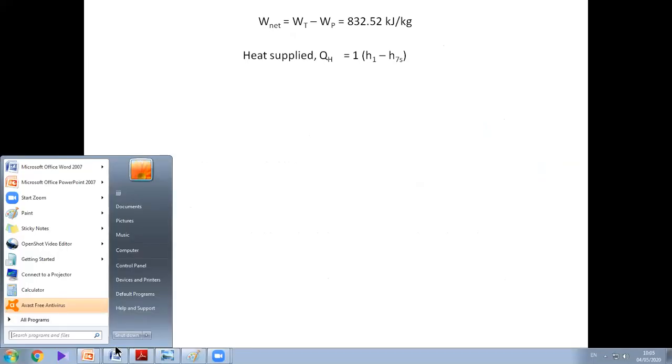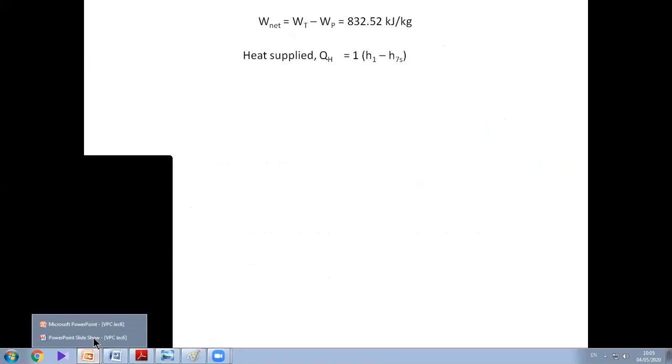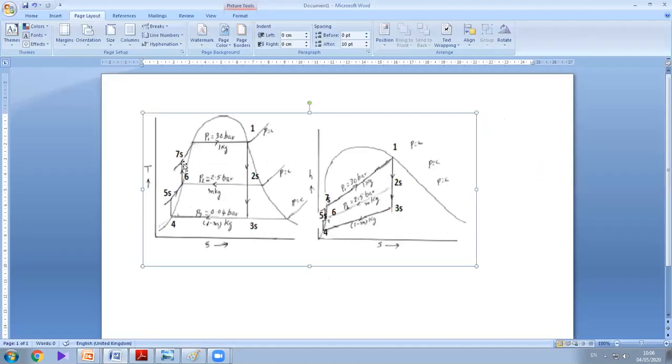Don't just memorize the value. You need to look into the diagram. I will show the diagram. See, notice 7 to 1 is the heating process in the boiler. You need to look into the diagram. In a TS or HS diagram, any one diagram you can draw, 7 to 1 is the heating in the boiler. So the difference in enthalpy is H1 minus H7. What is the mass handled by the boiler? 1 kg. So it is H1 minus H7. You will be getting QH.